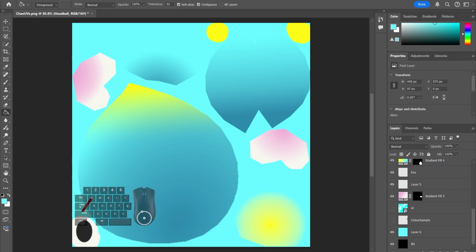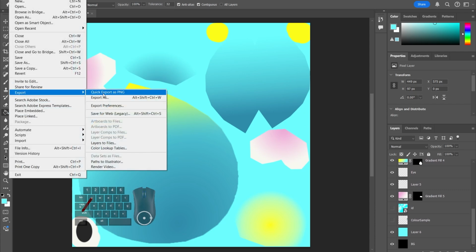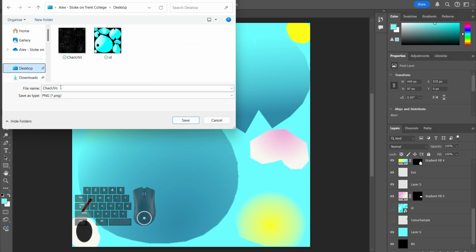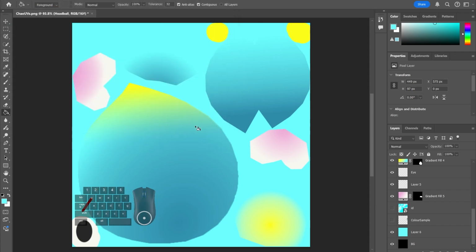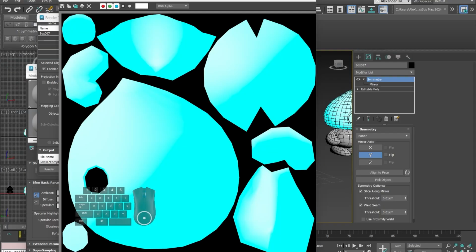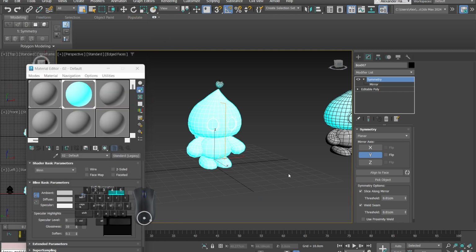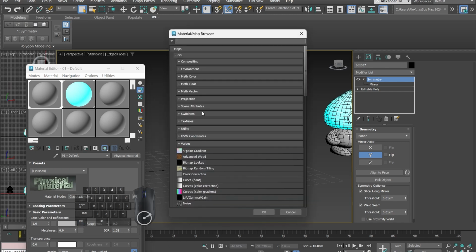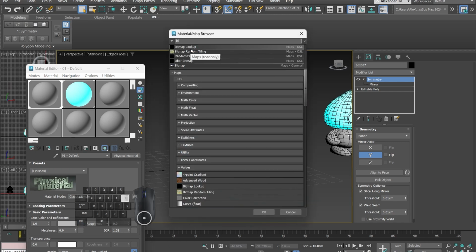So file, export, quick export as PNG. I'm just going to put it on the desktop and call it Chao texture. I'm going to skip putting it into Unreal for this tutorial because you've seen that in another one, and we can now go to this, chuck that material on him, go to here, bitmap,